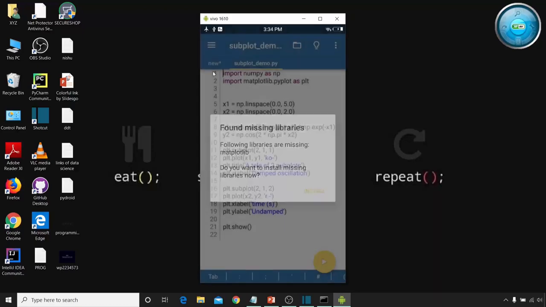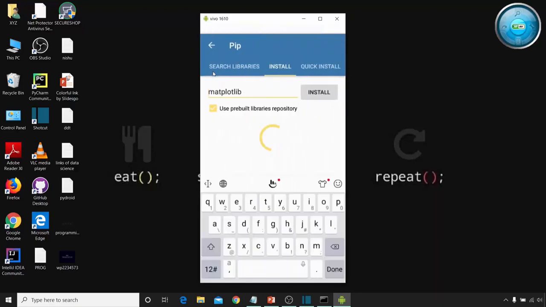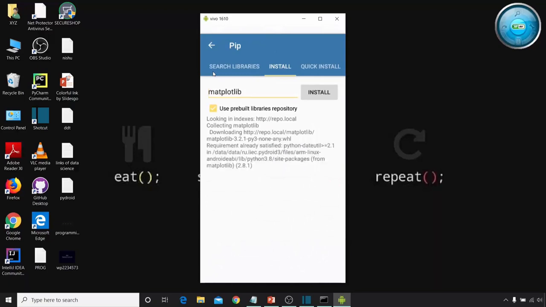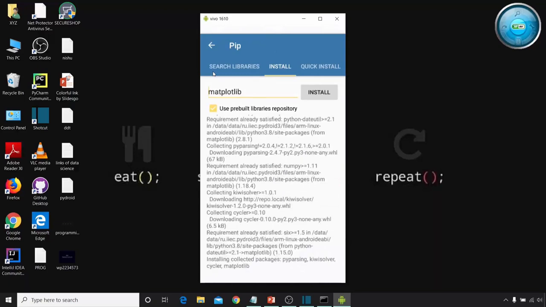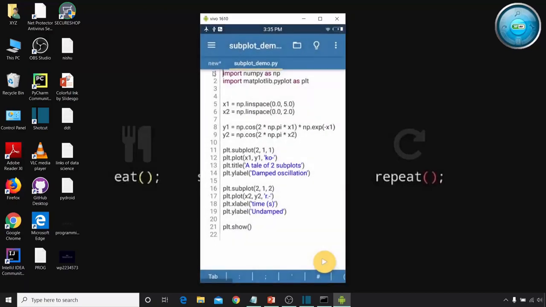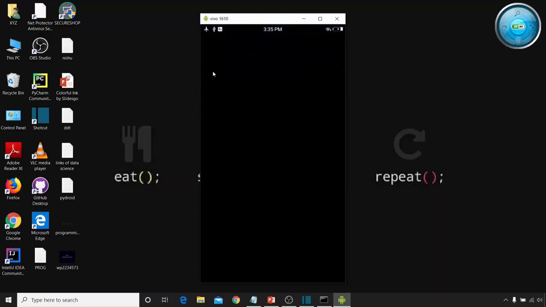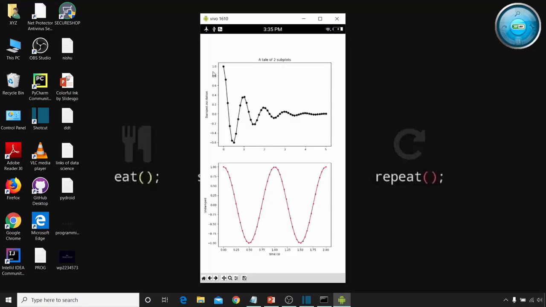So I'll click on install, and here it will install the matplotlib libraries. So here it says the requirement is already satisfied, and I'll go back and let me run this program. So here you can see the subplots which is given over here.